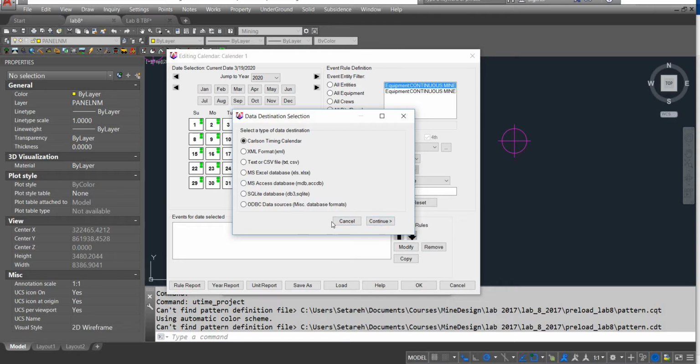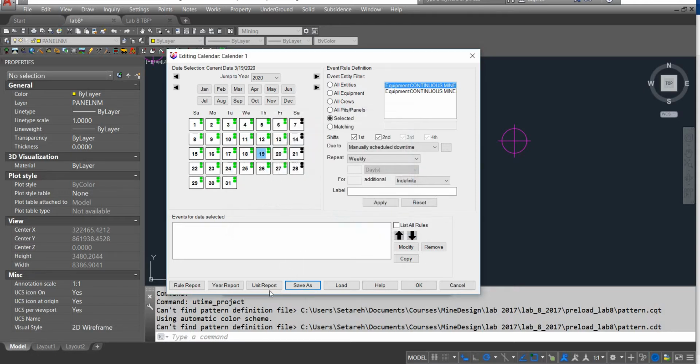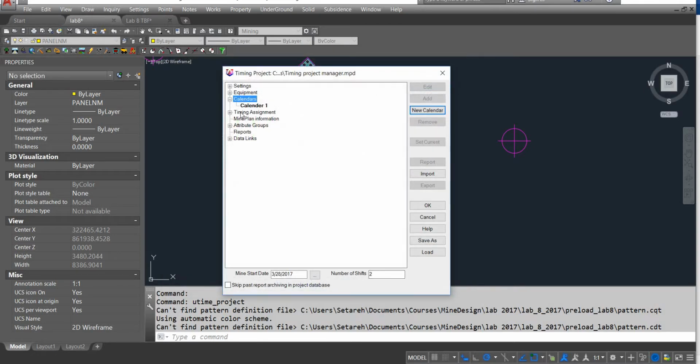Oh, actually I don't want to save it. I just cancel it out and click OK. So now I have calendar 1. Next I'll go to attributes groups. Go ahead and extend that, and then you see the name of your Excel file, extend that, and then